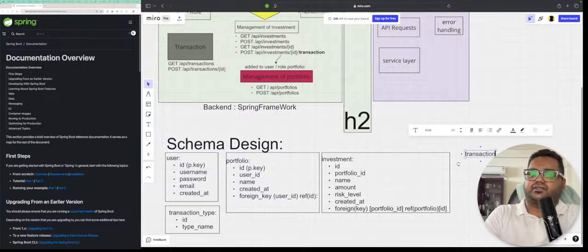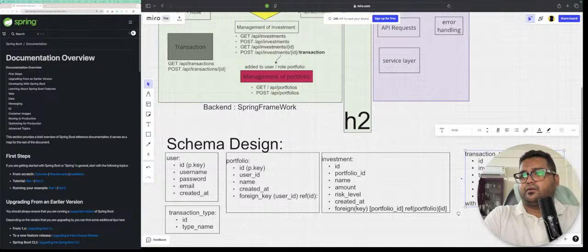So this is a transaction table. So the transaction table will be having first the ID, investment ID, transaction type ID, transaction date, foreign key, investment ID, ref, investment ID,